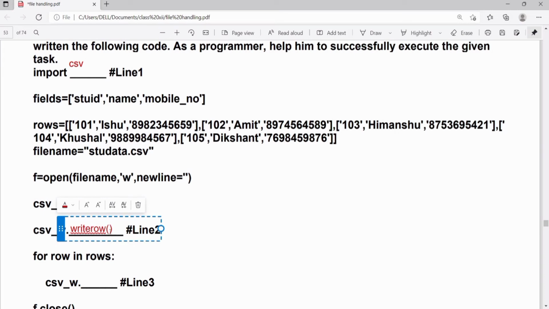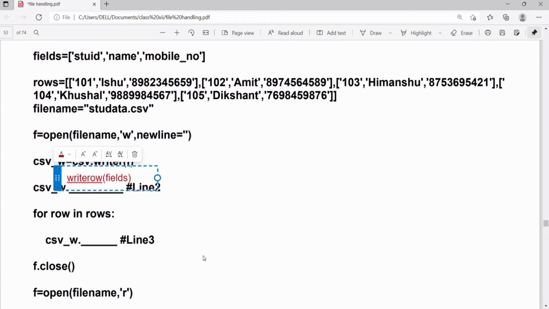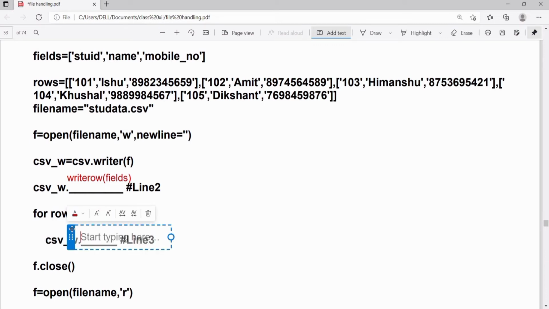csv_w.writerow, and within bracket we have to write fields to write the titles for the CSV file. After inserting all the titles, now we have to insert the data inside the CSV file. All data are inside rows.